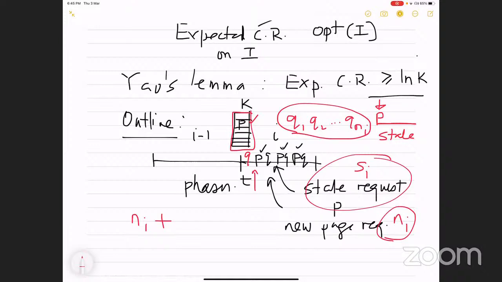So when this page P is accessed, the probability that it is not there in your cache, that is, a cache miss happens, is exactly Ni over K, right? That makes sense? Because this will only happen if you had evicted page P. Similarly, if you look at the next stale page request, the probability that it is not there in the cache when P prime is accessed is Ni over K minus 1, because you ignore P and look at the other pages. They're all in some sense equivalent, so you will get Ni over K minus 1. Okay, and so on.